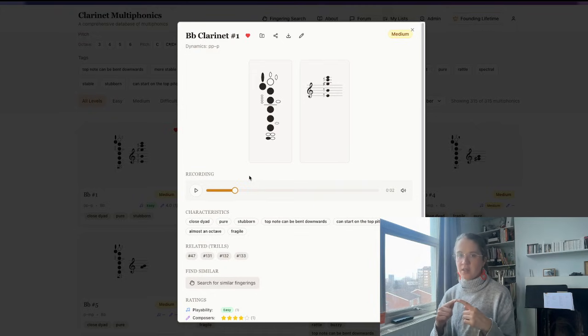my decision to do this by fingering rather than by individual multiphonic. I could have had 4 different entries for this fingering and made each one a separate one, but I really wanted you as composers and clarinetists to be able to see how you can think vertically about multiphonics. But one of the weaknesses of deciding to do things that way is it means that things like the difficulty rating need to be taken with a grain of salt, because